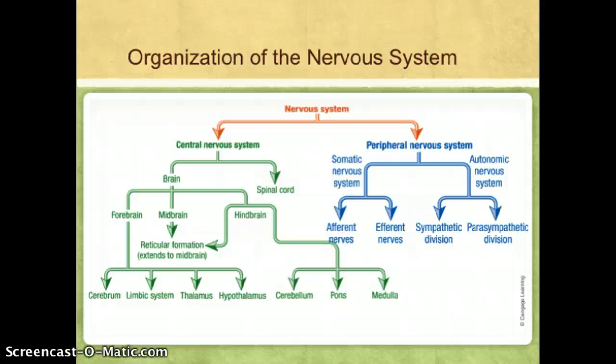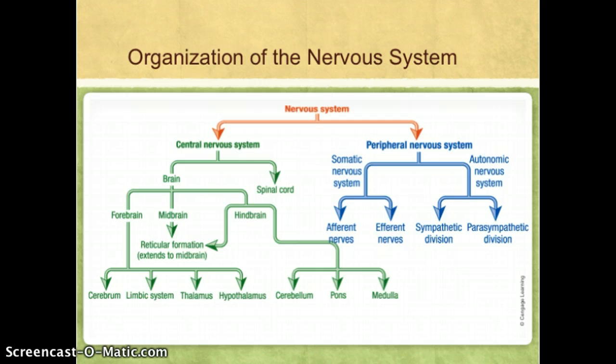It's divided into the somatic nervous system, with nerves that carry signals up to the brain and then back down to the body where we can tell the body what to do. And the autonomic nervous system that largely functions on automatic pilot without me thinking about it. The autonomic nervous system can either function in parasympathetic mode or sympathetic mode.